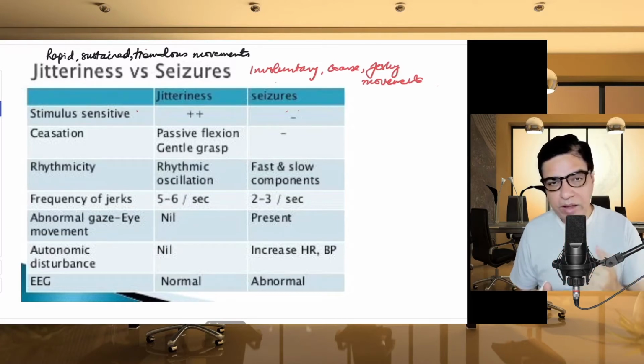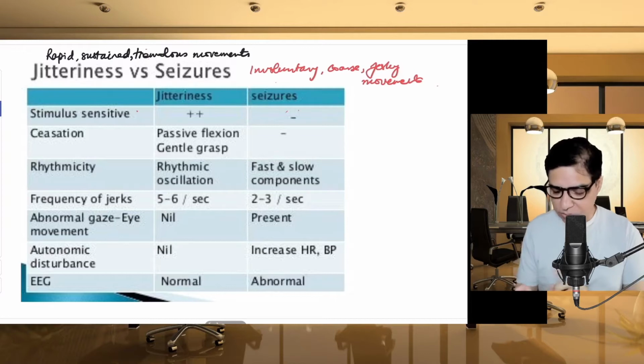Remember these two S's: stimulation and stopping. Jitteriness can be stimulated as well as stopped. Seizures cannot be stimulated, cannot be stopped because they are involuntary. What does that mean? If a child has neonatal jitteriness, it can be stimulated. So if you gently stroke the limbs repeatedly, you can see that with your repeated stimulation, you can invoke